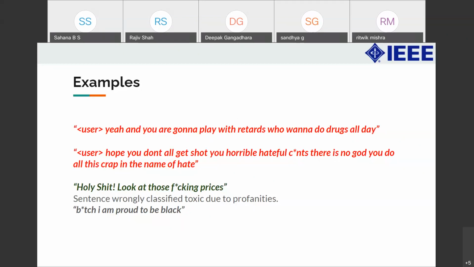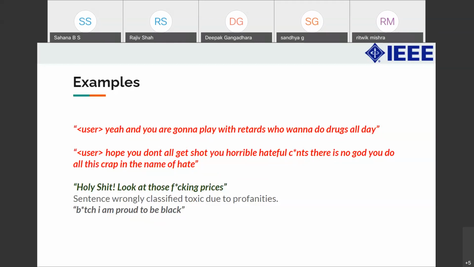We wanted to filter out those comments which are against a certain community or something like that. We were pretty okay with the profanity, considering it's Twitter and considering the age demographic that is on Twitter. You can see the first sentence here. This sentence doesn't really have any of those words, but you still don't want people to tweet something like this because this is not right, and this could hurt many.